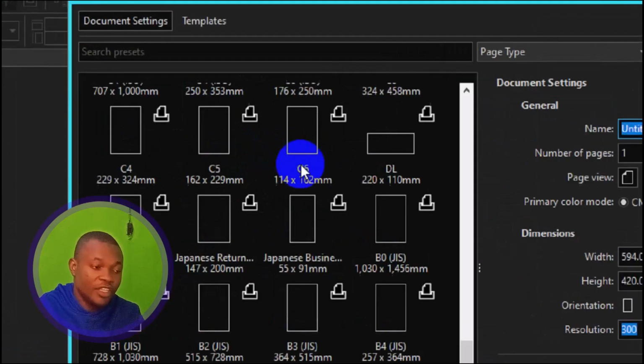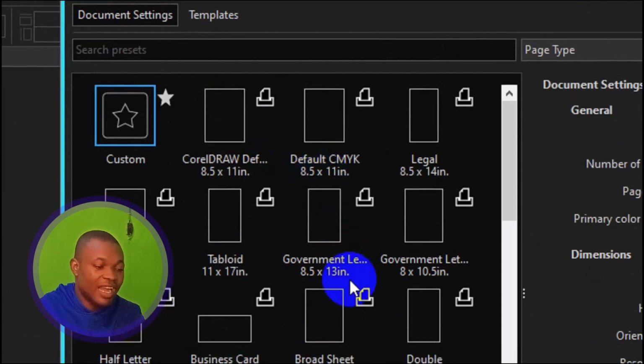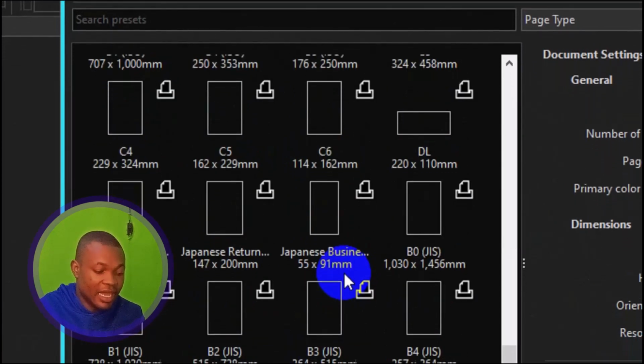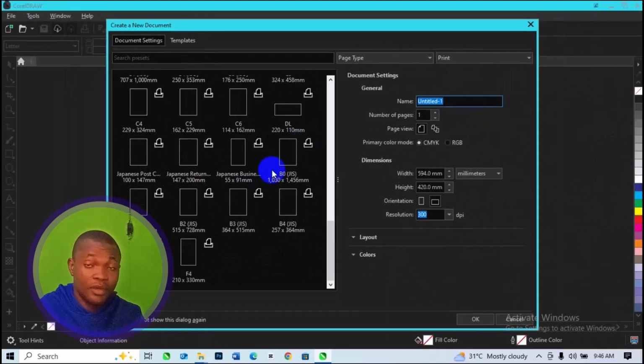Then, if you do not want to create a custom layout for your design, you can easily go ahead and select any of the templates right here, and it will automatically be reflected and set as your own personal layout. However, if you want to create a new document entirely,